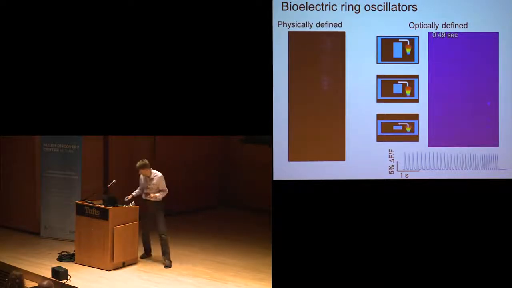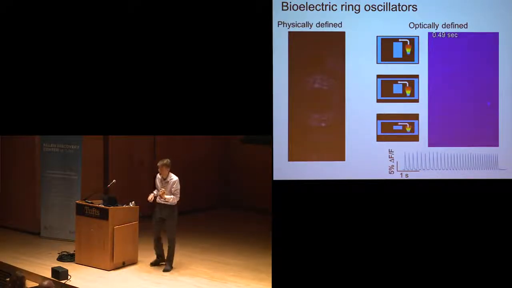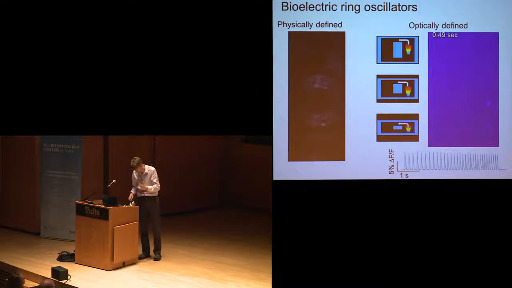Okay, so now why is this useful? Well, by having very long measurement times of these waves propagating in the dish, we can measure the frequency extremely precisely, and we can use this to detect very subtle perturbations in the physiology of the cells. I call this, half-jokingly, our cellular cyclotron, right? So by looking at these things going around and around, we can measure their conduction attributes very precisely.